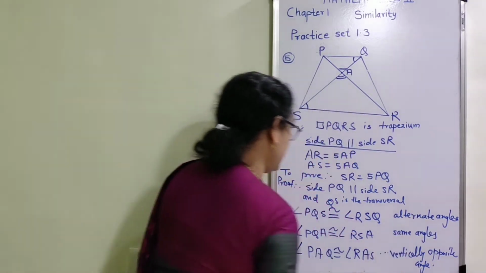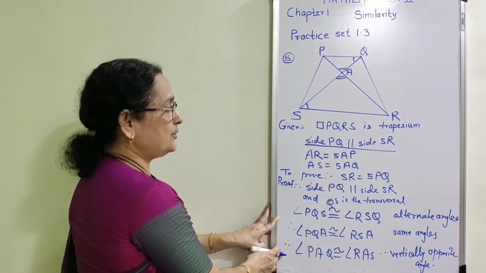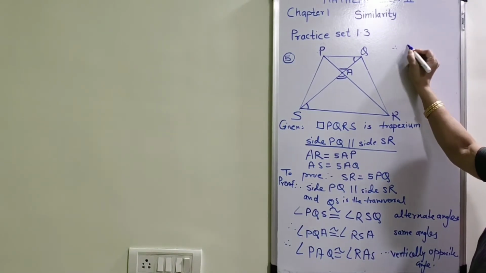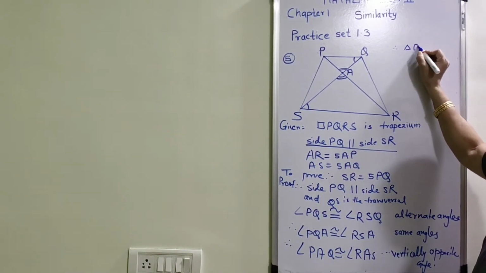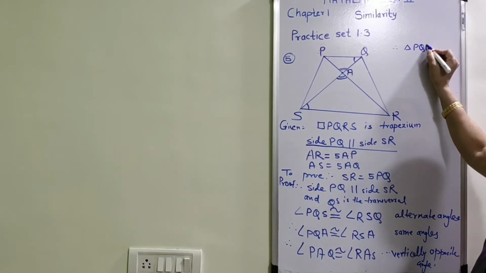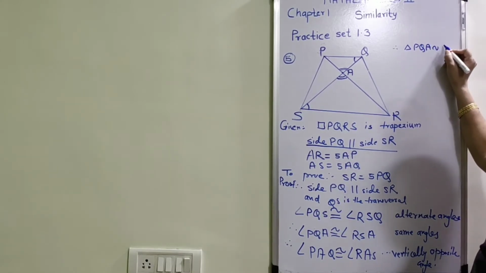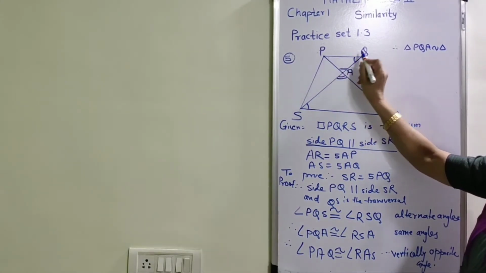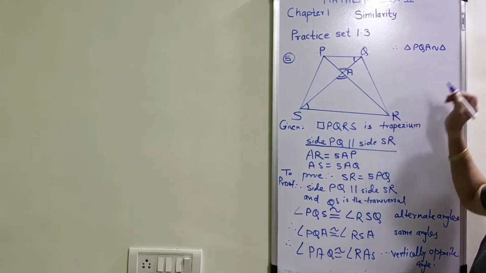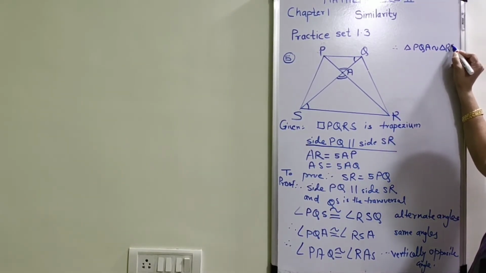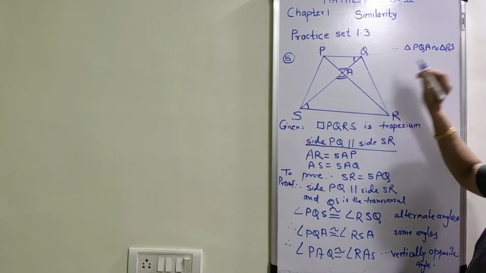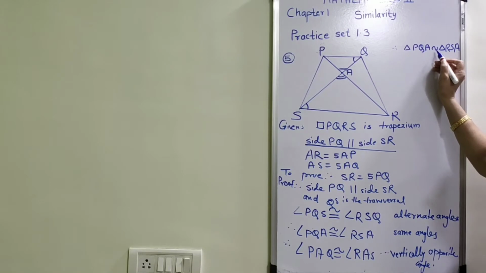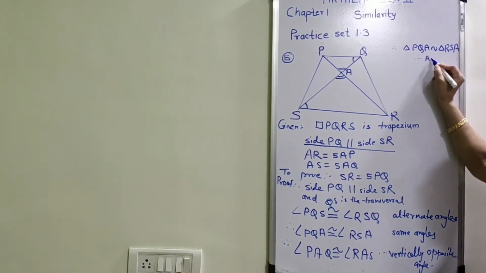Now since two pairs of angles are congruent to each other, my next decision is therefore triangle PQA is similar to triangle. Since I started from P, Q and A, I am going to write R, S and A. Now here, since the triangles are similar to each other, I am going to write the reason,